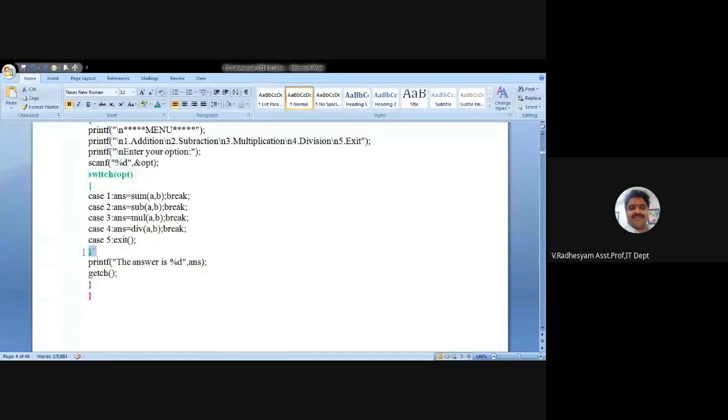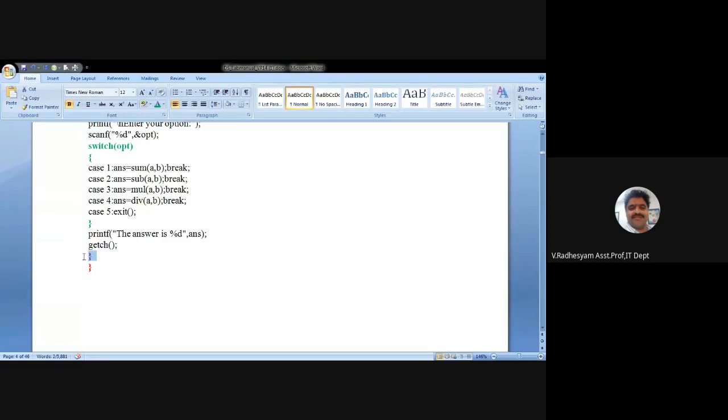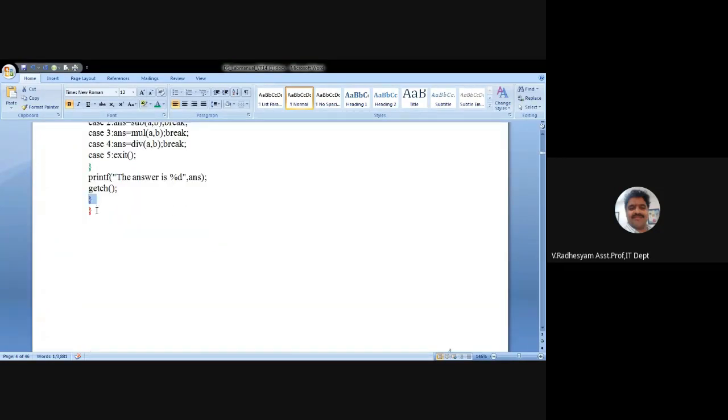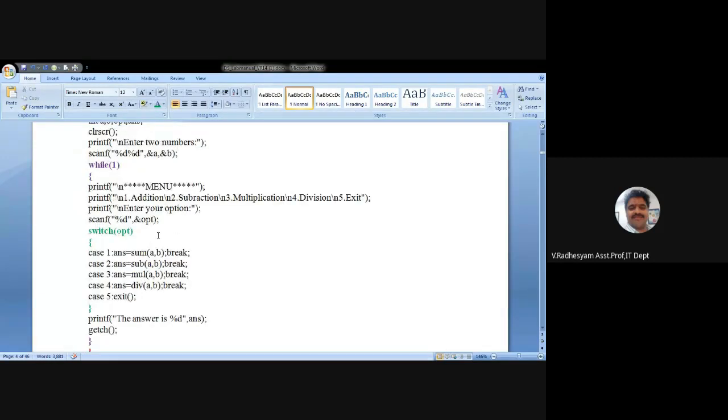That is to be closed first. After that, the infinite loop, blue color, is to be closed here. After that, main, which is red color, is to be closed here. All are closed. Main is also completed here.